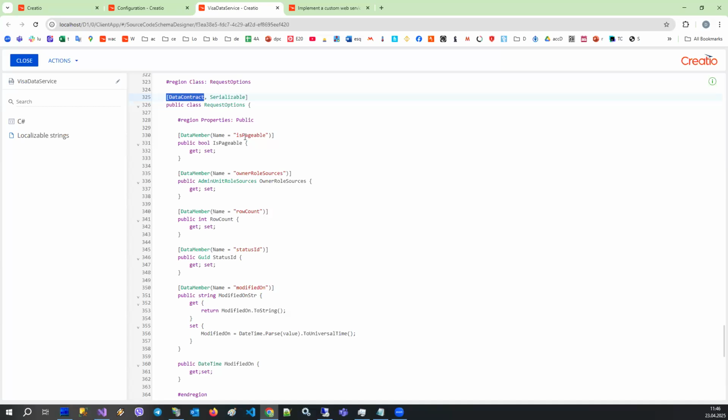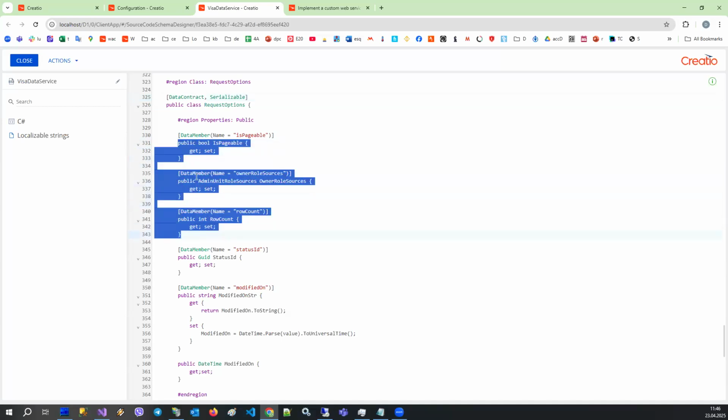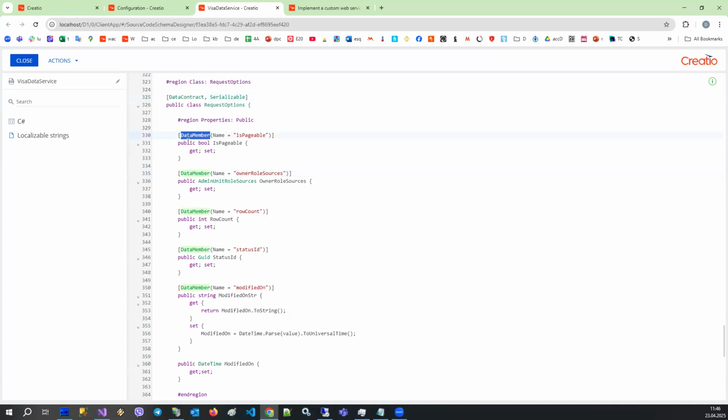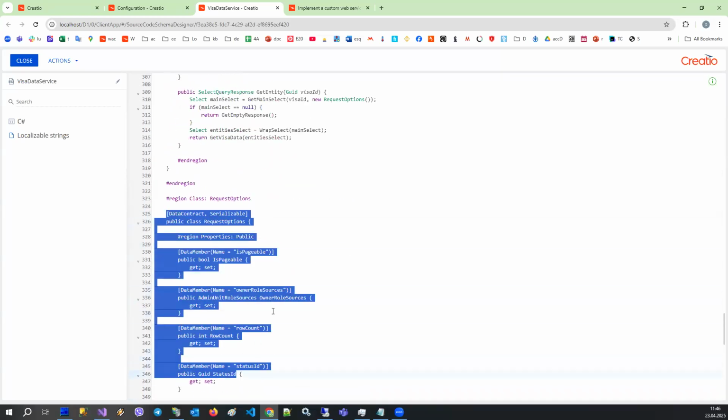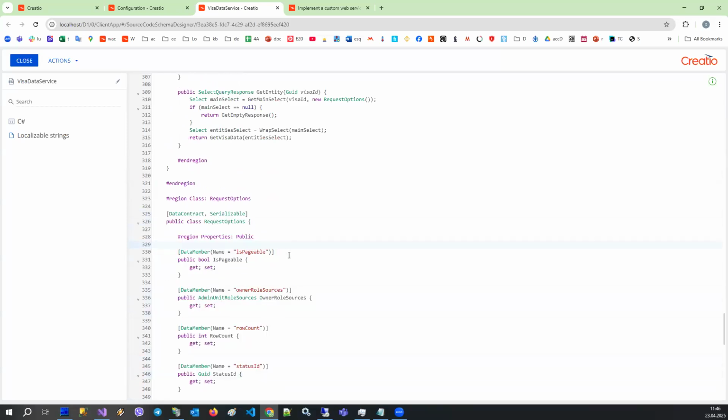to the stream. You can see such classes usually have properties or fields, and everything that you would like to serialize and deserialize must be decorated with the DataMember attribute. So the class must be decorated with DataContract. Certain values that you want to transport must be decorated with DataMember. Some properties may not be decorated, and they will not be used for serializing. The purpose of such a data type is to transport complex arguments or to get some complex response result